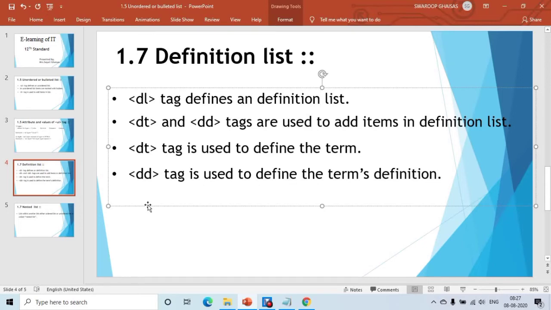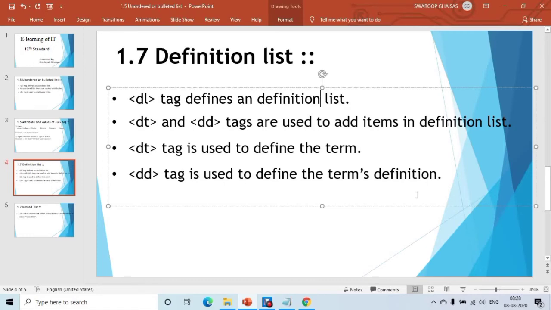Now in addition to the DL tag, to add items into this definition list, the tags used are DT and DD. Here the DT tag is used to define the term and the DD tag is used to define the term's definition.